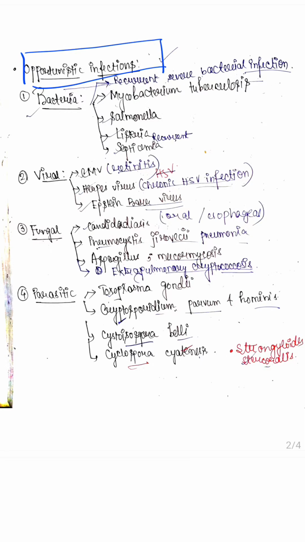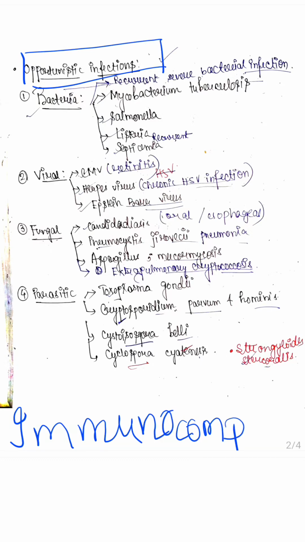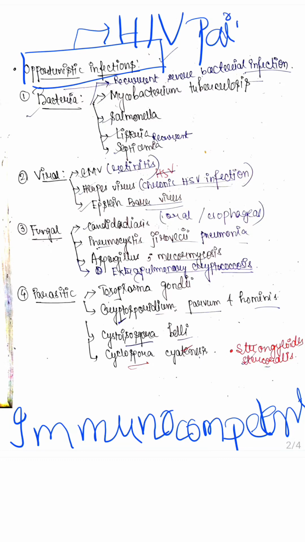First we need to know, in a normal immunocompetent host, these infections do not occur usually, but in an immunosuppressed host like that of an HIV affected patient, even a low virulence organism can cause opportunistic infections. Okay, now first we will begin with the infections that are caused due to bacteria. We are dividing it into 5 classes, and first we will see under bacteria.